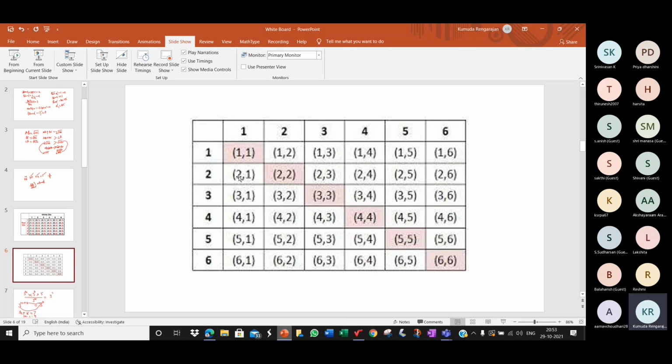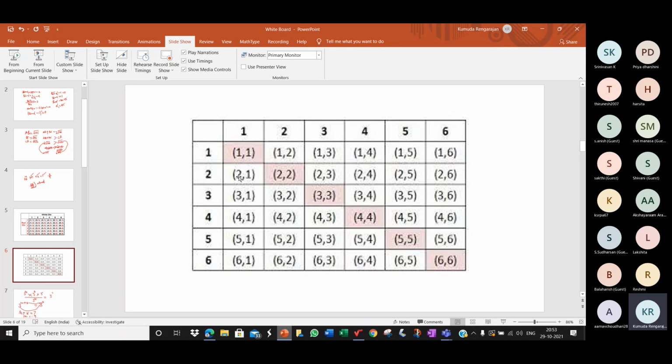One die, other die means that if we say there should be an even number on one die and an odd number on the other die, that means the ordered pair should have a combination of even and odd. It can be even, odd or odd, even. But when they say first die, second die, that order becomes important.